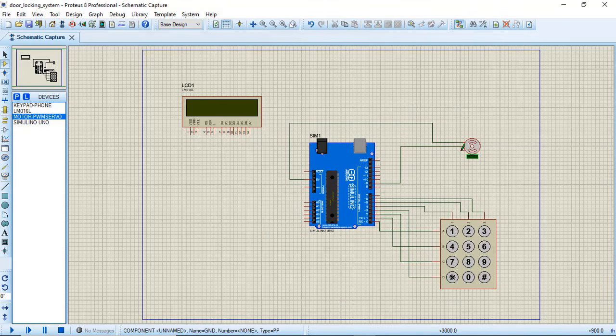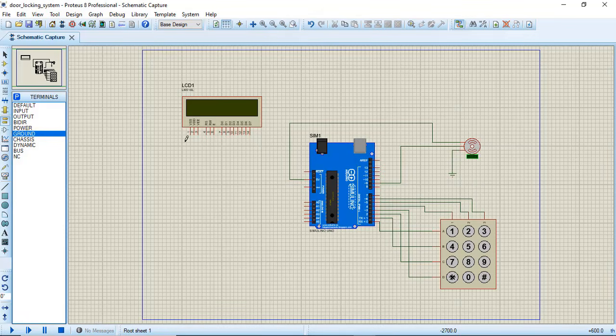And this terminal will go to ground, so let me go and select ground. Place it over here and do the connection. Yes, it's done.